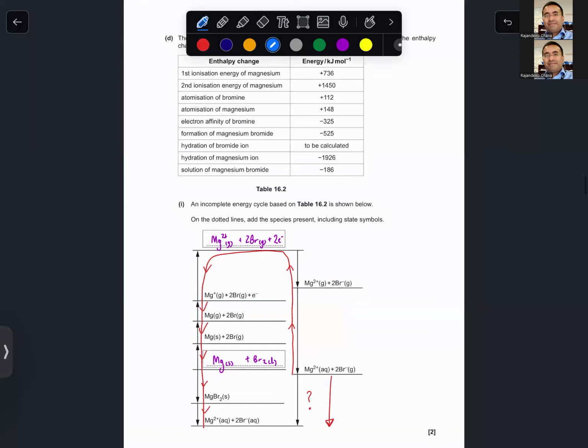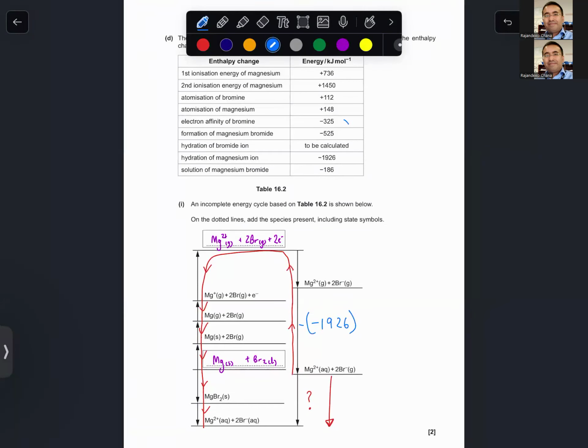I'll just write on the cycle so you can see. What you've got here is the hydration of magnesium, which is minus 1926. Then you've got the electron affinity of bromine,